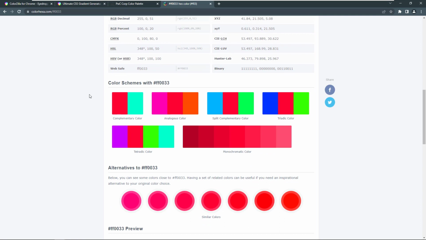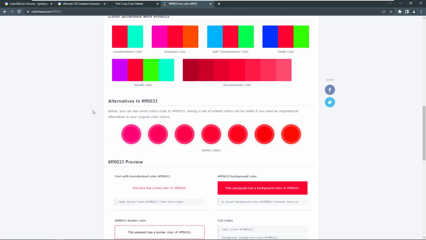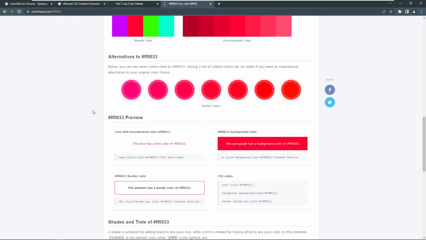And then you can see color schemes using that color, complementary color, split complementary colors, triadic colors, and so forth. And then there's some alternatives, some colors that are close to the FF0033 color,